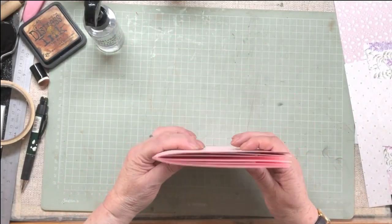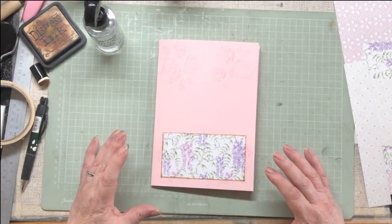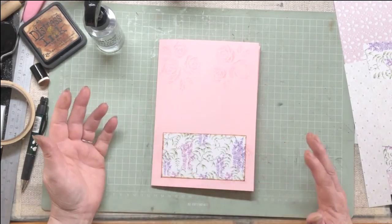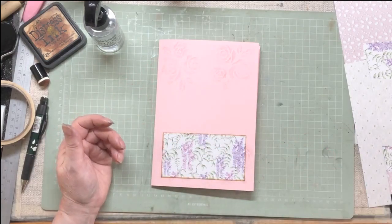So there we are. Have a go, see if you can cut your papers, get them square on your book, ink around the edges if that's what you want to do, do your stenciling if that's what you want to do,